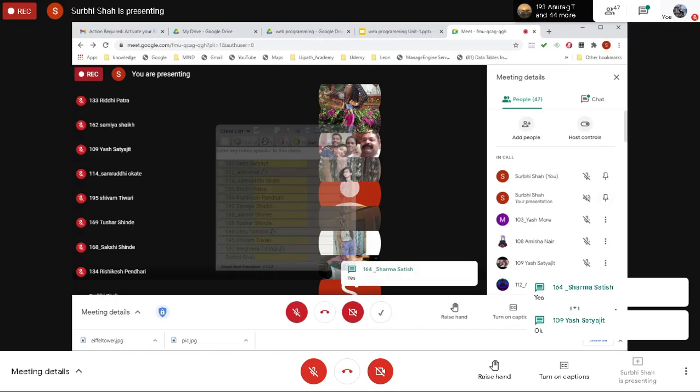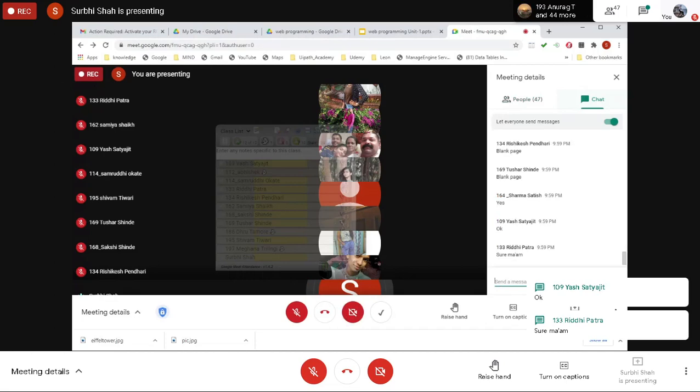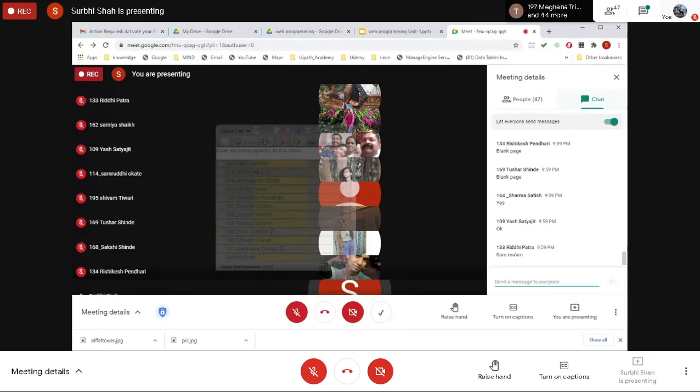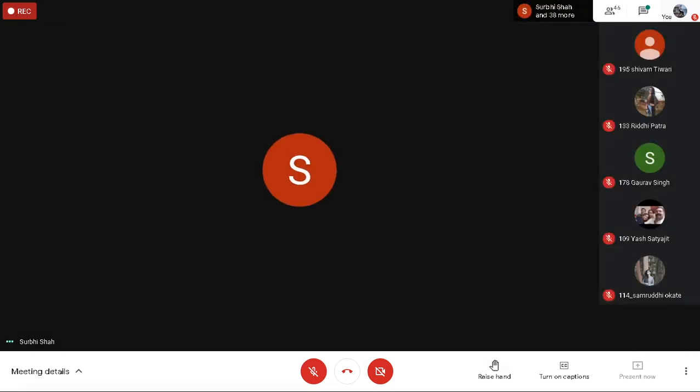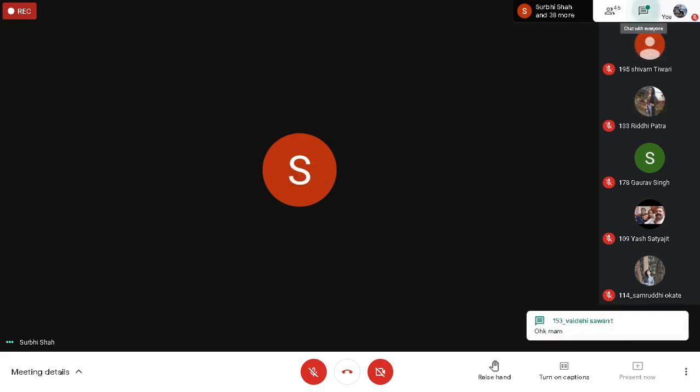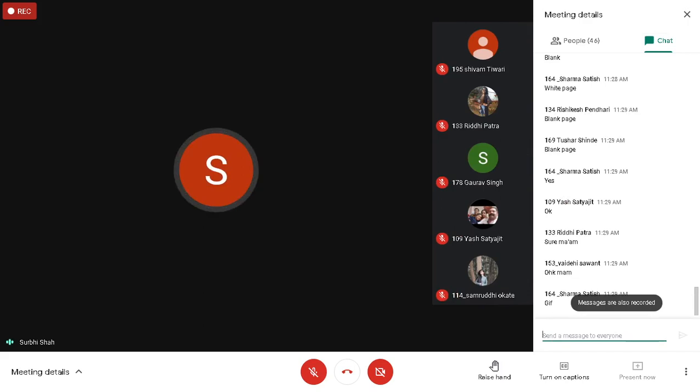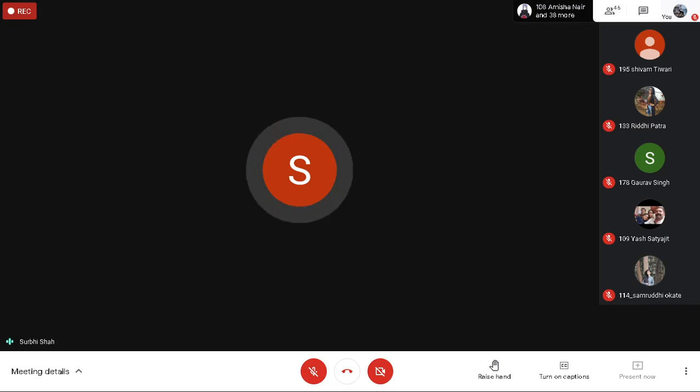Today's homework is to find out about the image tag and the image extensions: JPEG, PNG, and GIF. You have to find out the abbreviations of PNG, JPEG, and GIF. JPG and JPEG are one and the same, so don't get confused.